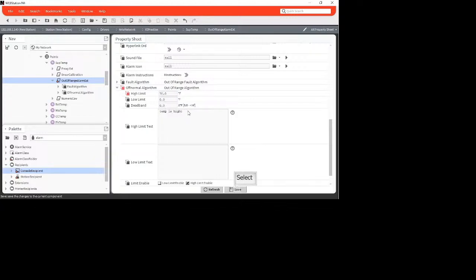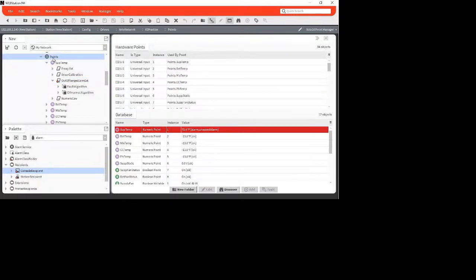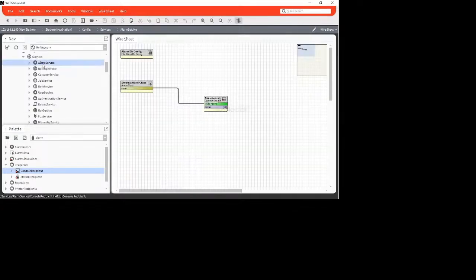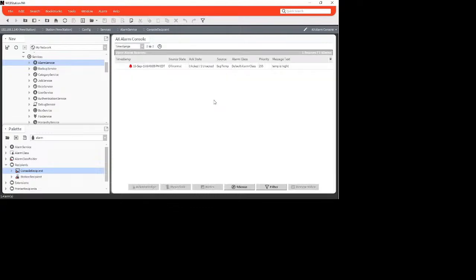Console. Services, alarm services, double click. Now click console. You get your alarm, the annoying sound. You can click silence, and once the alarm is gone, we'll head back down to our